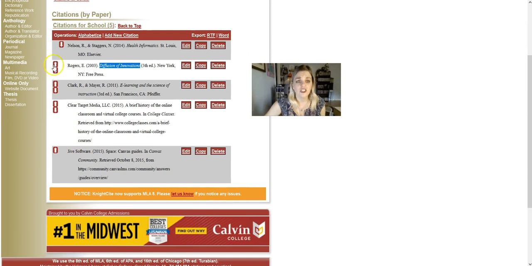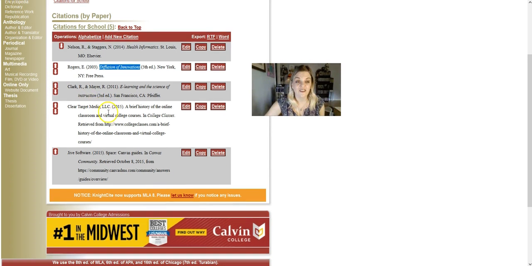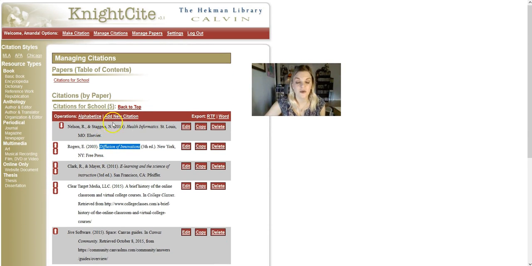I used that kind of a lot in my master's program. So you can arrange these with these arrows up and down. I think the default is alphabetized, but you can move them up and down just to put the ones that you use the most at the top. Okay, so that's using Knightcite if you use it a lot and you want to save your stuff. But just to go into the basics of using it, the first thing you're going to want